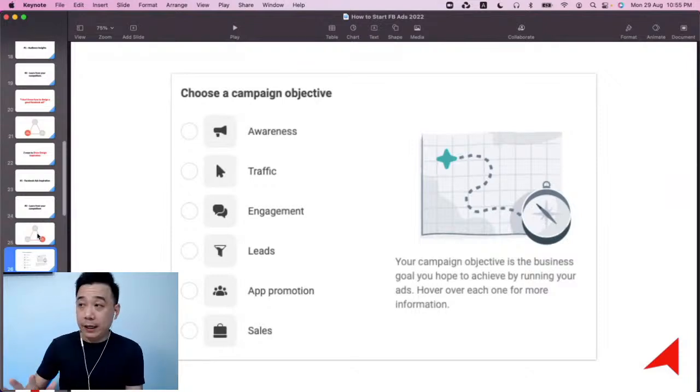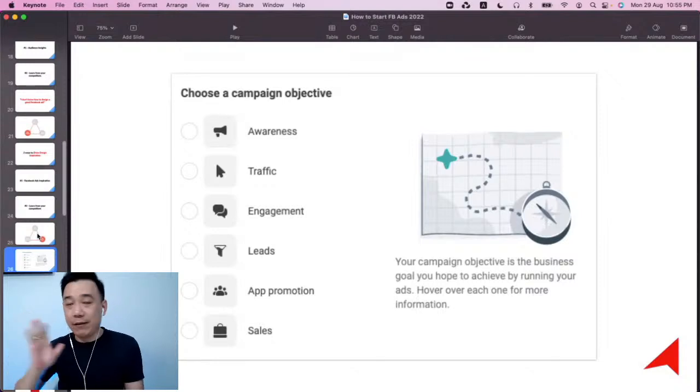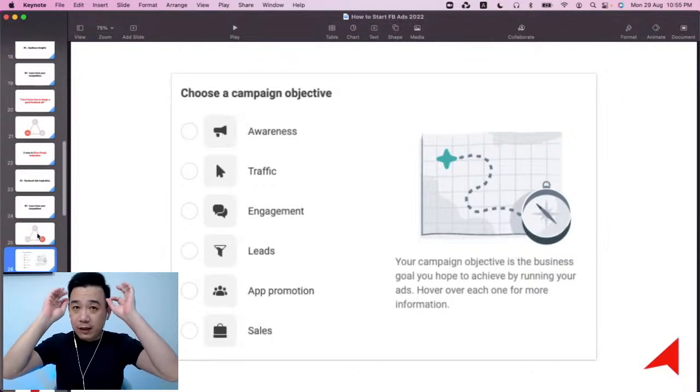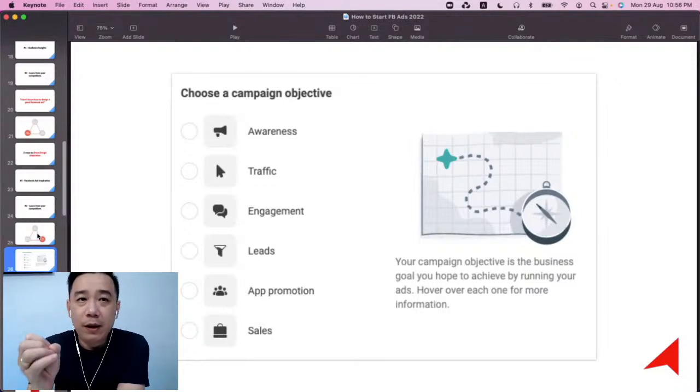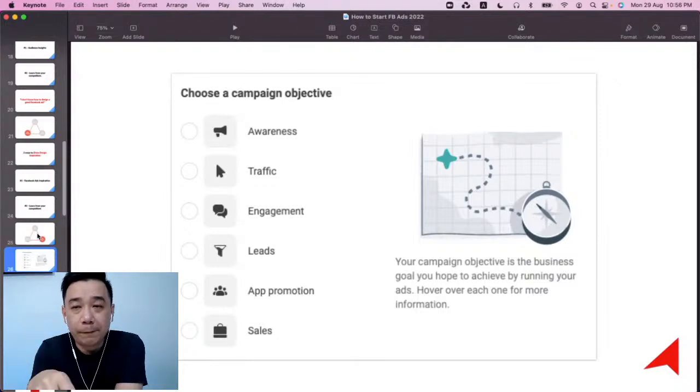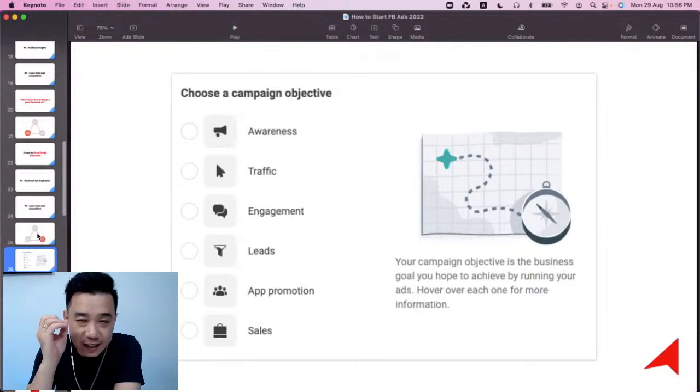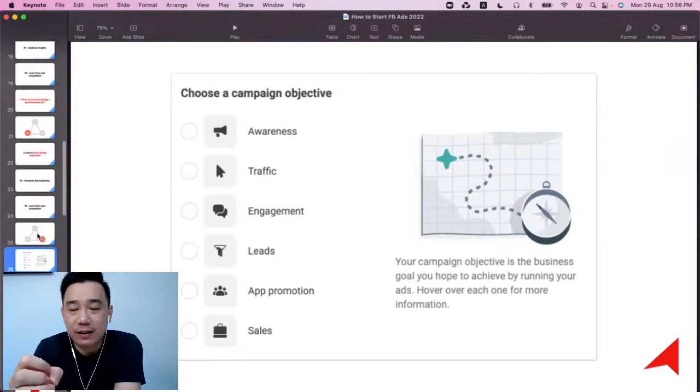But really, a lot of people still have this misconception where they say, I think I need to get people to know me first, then they will decide to buy. No, when it comes to Facebook advertising, get straight to the point on what you want. If you want sales, it's sales. If you want leads, don't beat around the bush with awareness and all that unless you know what you're doing.